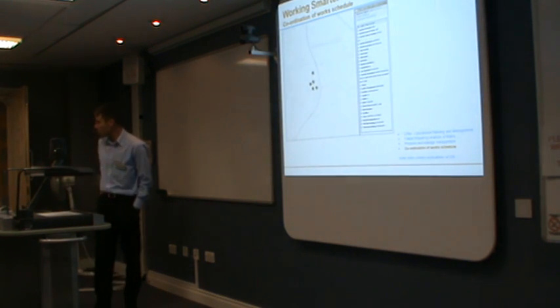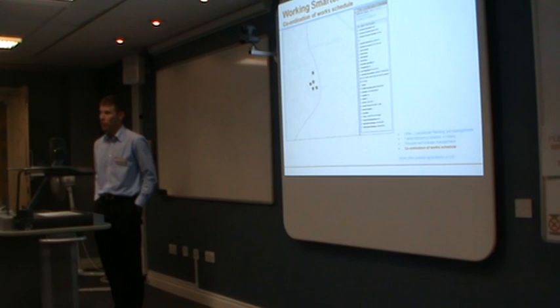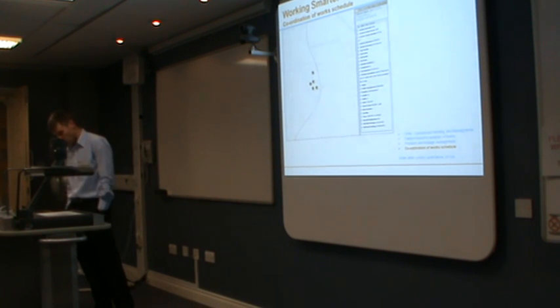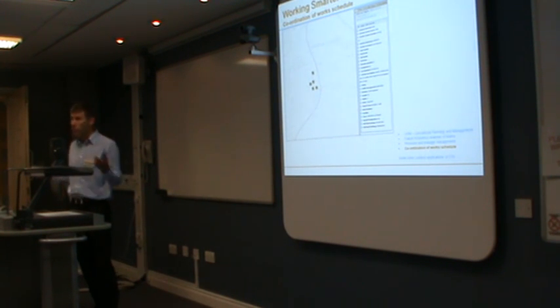This is the TMA coordination schedule. Not a great deal to see, but one of the problems we have sometimes is in a large organisation you've got teams of people working in the field, and they're working on completely different networks, the sewerage and the water side. They don't necessarily know where the others are going to be working or where they're planning on working. So the TMA coordination schedule is used to allow one department to publish to the others where they're planning on working. So you can see there's no nasty surprises on site when two people turn up on the same site. We'll use that as well in conjunction with